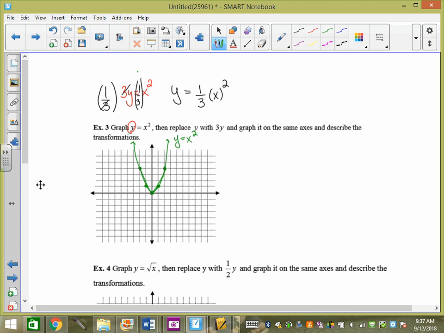Now remember that the squared is just to the x currently, right? If you want to put brackets there so you know it's a vertical stretch, not a horizontal, please do. Remind me tomorrow to come back to this, because when we do horizontal, I have to come back to this specific question, because we're not going to finish it today. It can be a horizontal stretch as well, because of the squared, but I'll explain that to you later. So we have a vertical stretch